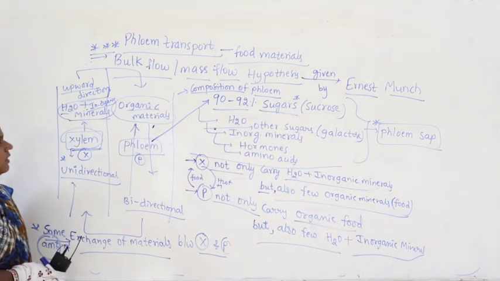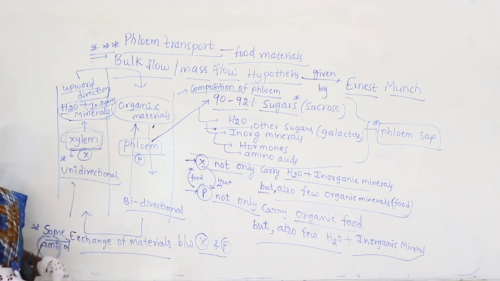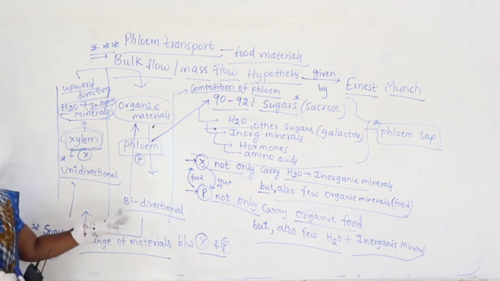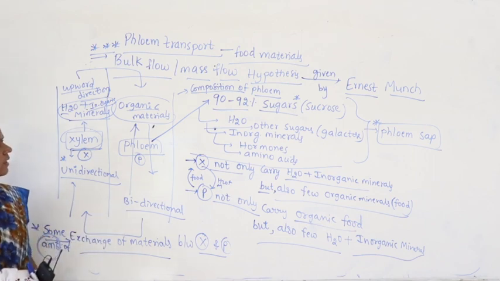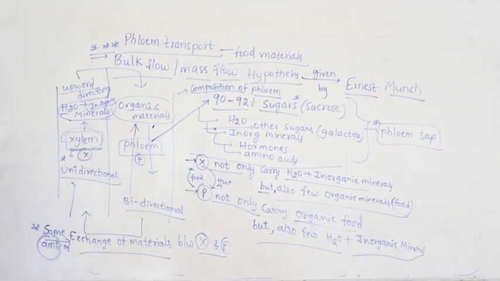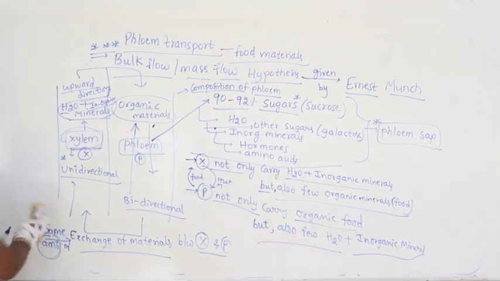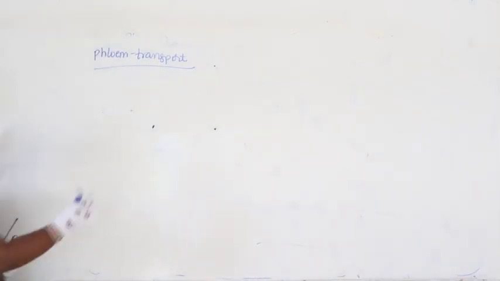Phloem sap. Right. Now if you take the phloem sap, let us see how this happens, how it will go, mainly how it causes bidirectional movement. This is what we have to importantly discuss, because xylem is always unidirectional. Now what we have to discuss? Bidirectional movement. How does it happen?